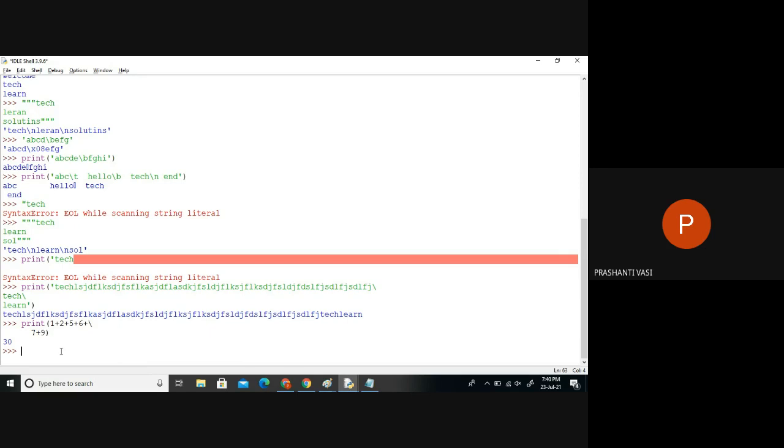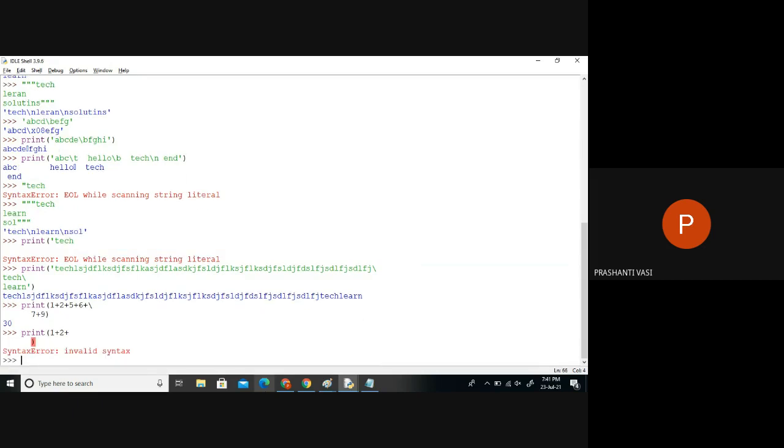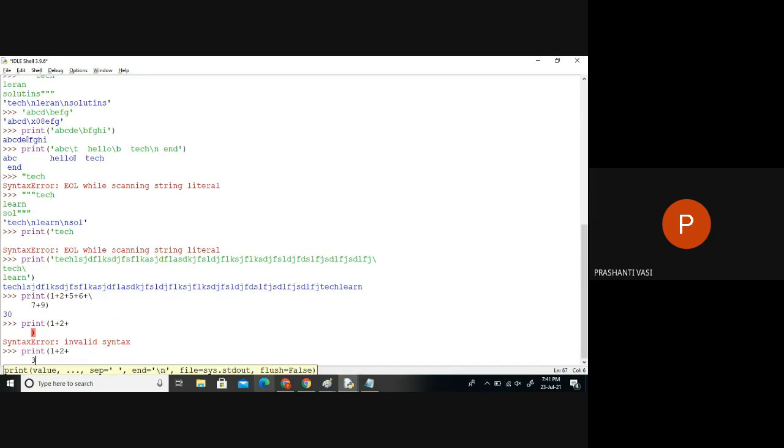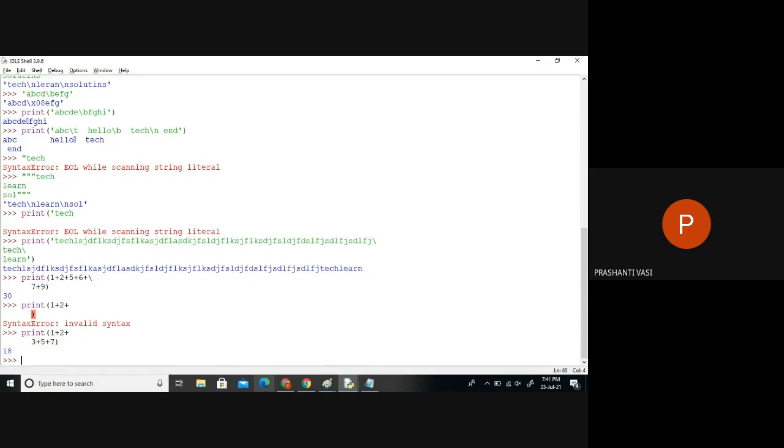Because in this calculation, a bracket is the first thing, the second thing is a plus symbol. Whenever we use a plus notation, it is waiting for still more data. If you come down and are not giving any data and try to do something like this, it gives invalid syntax. So whenever you are giving an addition, it will wait. Even if you have some more data, you can enter it in the next line. Right? Close it in a proper line. This is version 9. Older versions were giving an error, but in this version it is resolved.